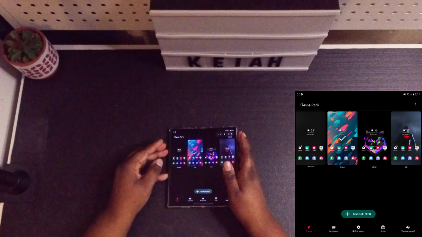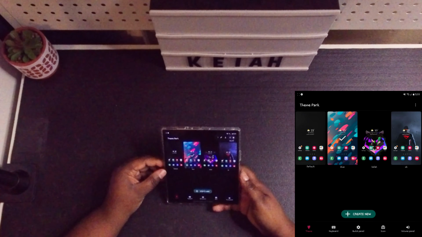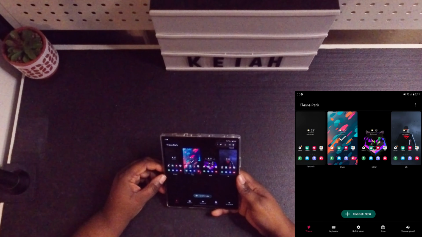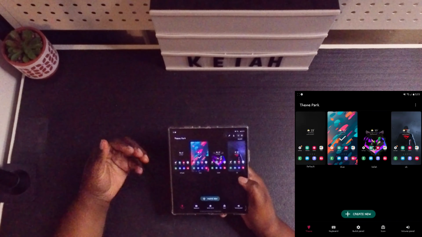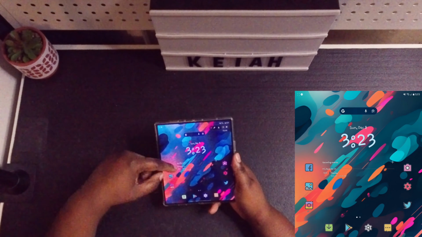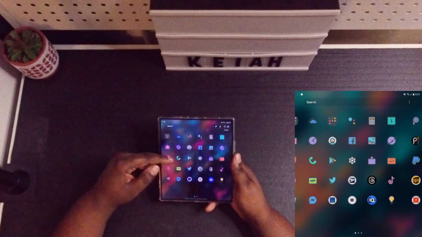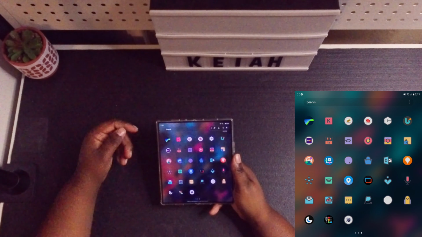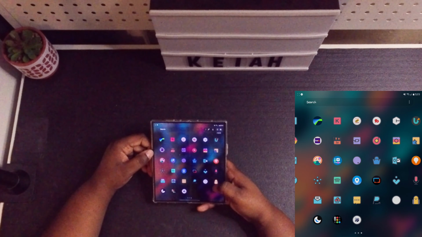I am not running a launcher because Samsung makes it to where you have so many different customizations you can use, and these modules come from GoodLock. So you want to make sure you download GoodLock before you're able to do some of the customizations that I've done. I am using this icon pack called